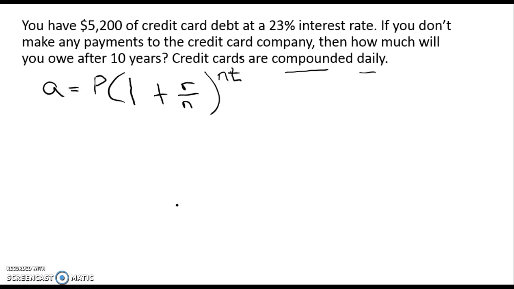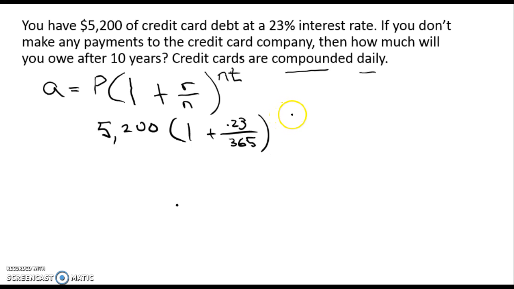Recall that this is a formula for compound interest. P is the principal, or the initial amount, and that's what we're going to put in. We're going to put in 5,200 for P. That's what we owe. And 1 plus, our rate is 0.23 because it's 23%, and it's compounded daily, so 365 goes in for N. And we're trying to find out if we don't make any minimum payments,